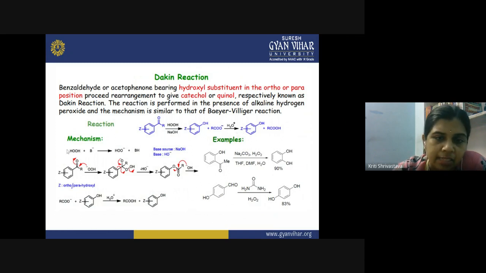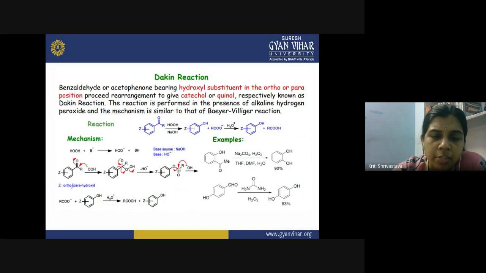Let us see the mechanism here. So this is the HOOH, that is hydroperoxide, and B minus is your base. When it reacts with the base, BH is formed, and this HOO negative ion, being the nucleophile, attacks the positively charged carbonyl carbon, and then it is followed by the formation of the tetrahedral intermediate, and then the electronic rearrangements take place according to these curved arrows. The arrow pushings show the electronic movement, and finally it leads to the removal of one of the OH minus ions from here.